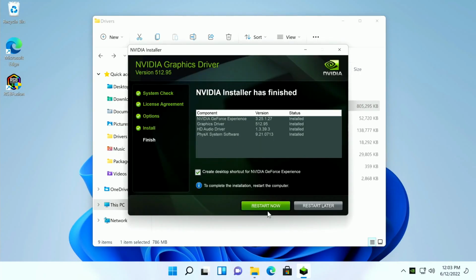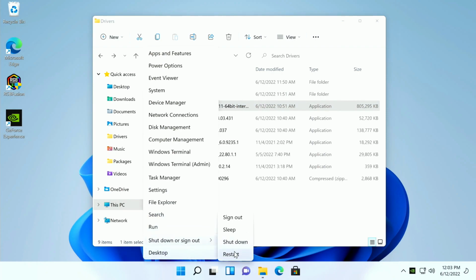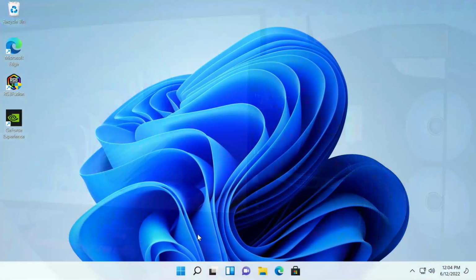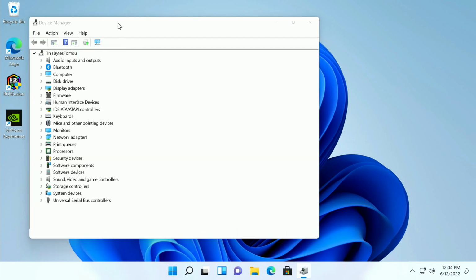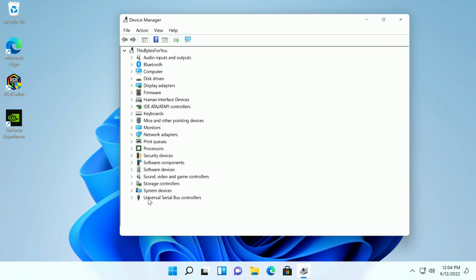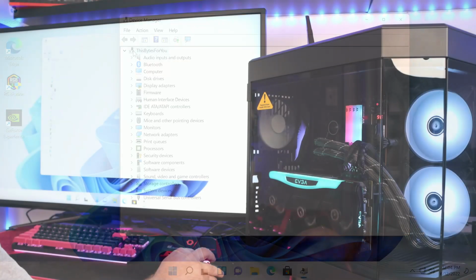So whenever software asks you to restart, it's always best to restart. So I'll do a restart later, and then I'll go ahead and restart manually. Okay, now if we right click on the start button and click Device Manager, you'll notice under here there are no red X's or anything expanded like this. When you open up Device Manager and you don't see any red X's or anything expanded like that, that means everything's installed correctly. All of your drivers are installed correctly,